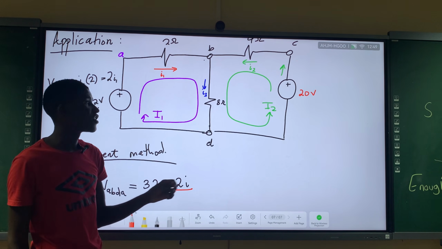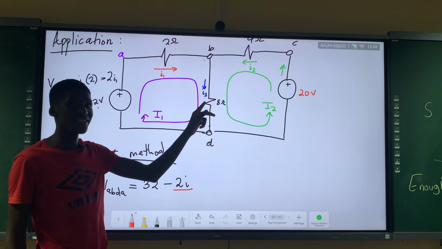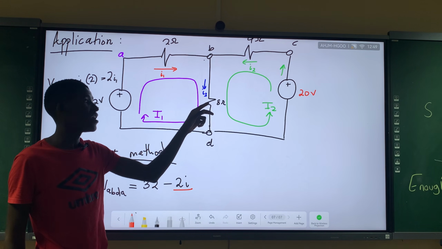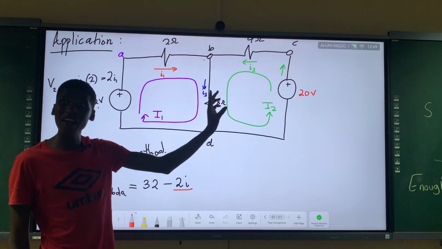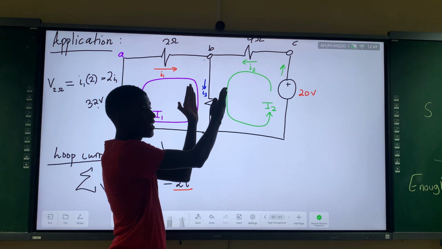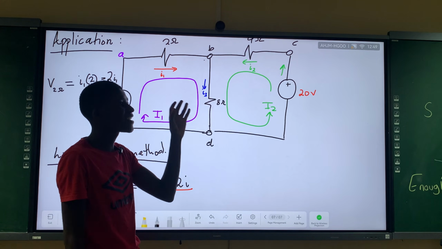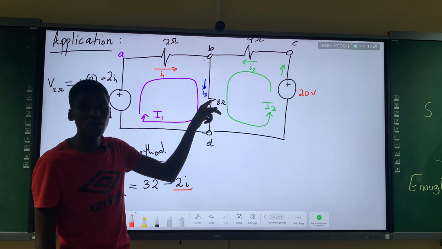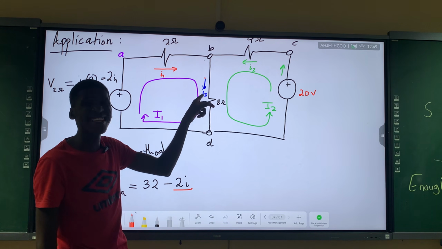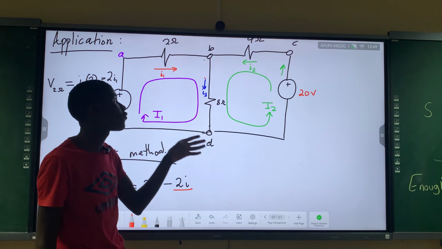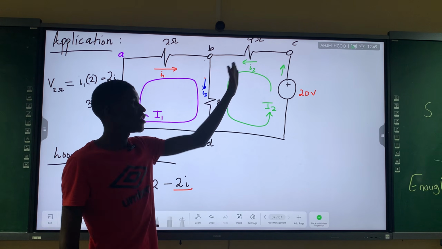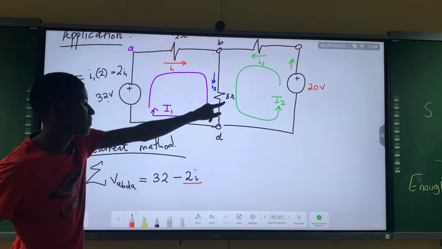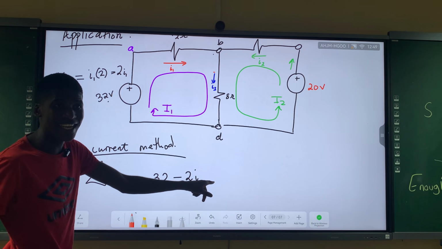8, right? So last one, it's the 8 ohms. And the 8 ohms is receiving the current from I1 and I2. Do you see, the loop lines are colliding at this point. So basically this 8 ohms resistor, the current through it, I3, we gave it the name I3, is a combination of I1 and I2.